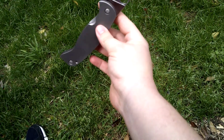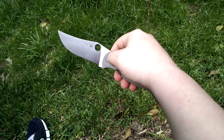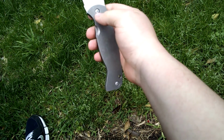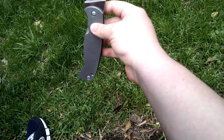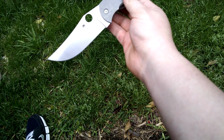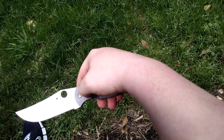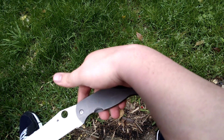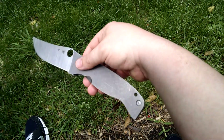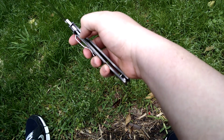As for the overall use of the knife, Farid Mehr built this as a hard use knife, but as is very common in the industry, he didn't really give any specifics of what he means by hard use. There was a huge row on the Spyderco forums where one user asked him if he could explain his thought process behind building the knife with the materials he chose and call it a hard use knife,